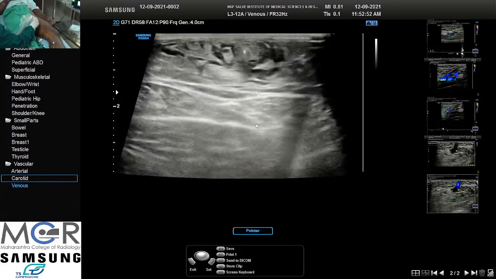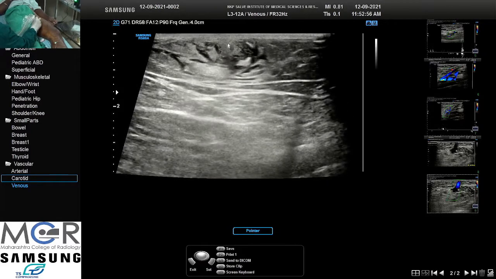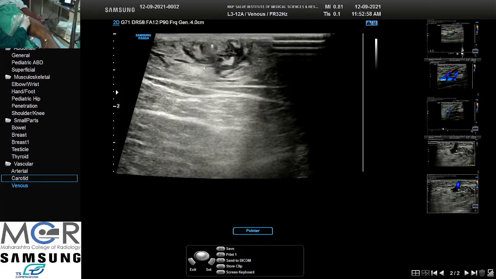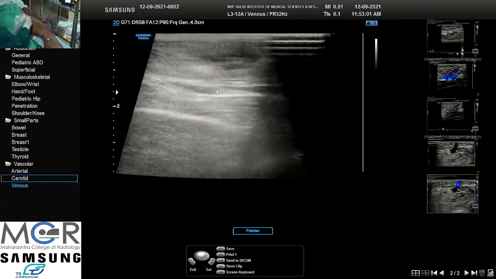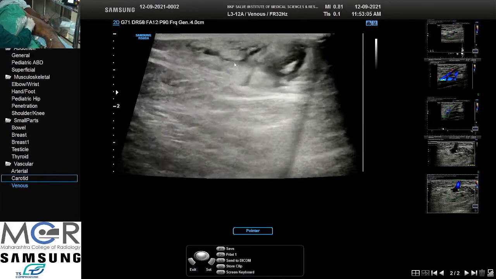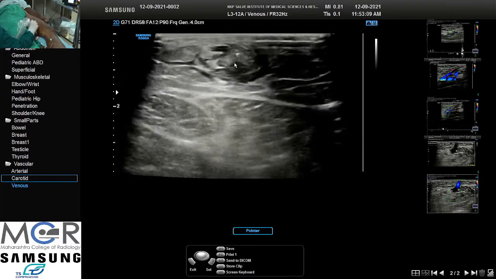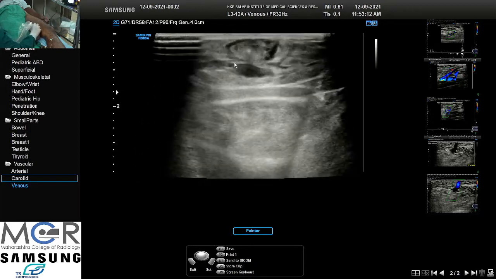You can see the fiber in the center. This is the fiber in the center. The vein is obviously compressed due to the induced edema. The purpose of this is to approximate the walls of the veins. That is required because the vein is dilated, and then the firing will be more accurate up to the wall.